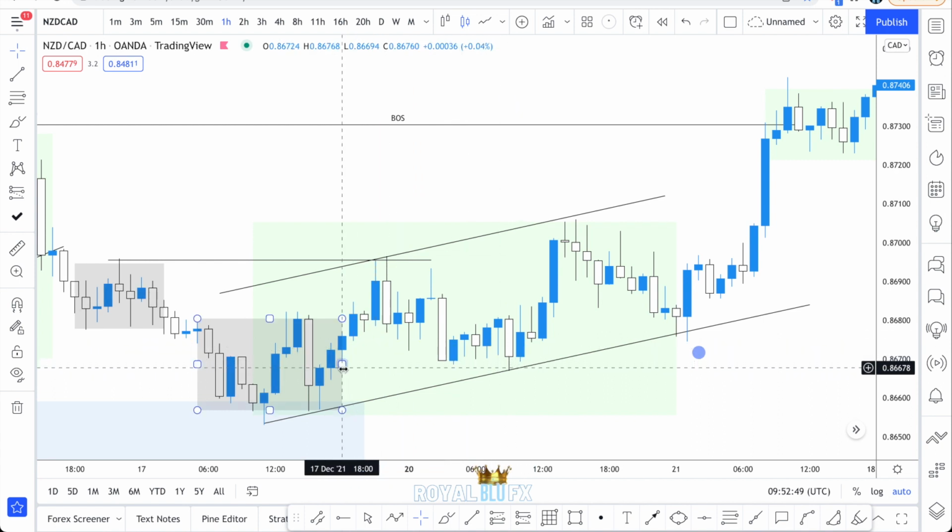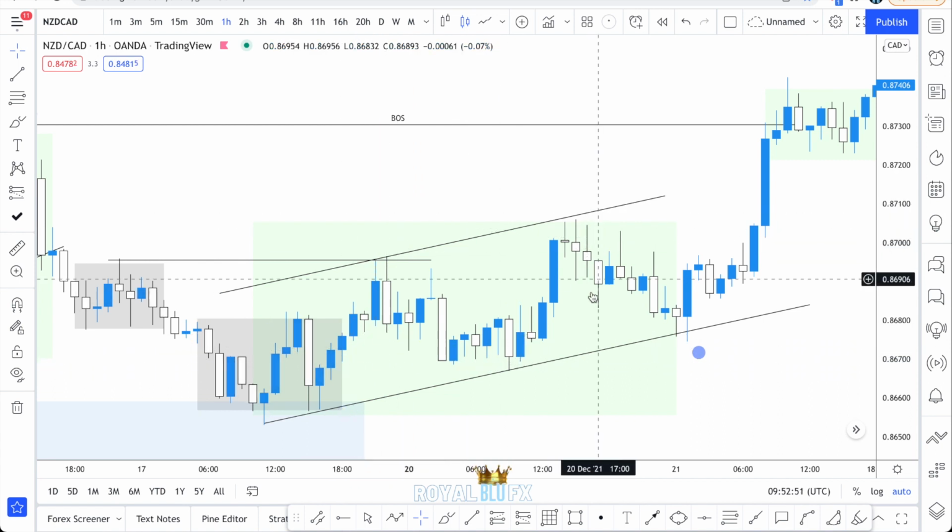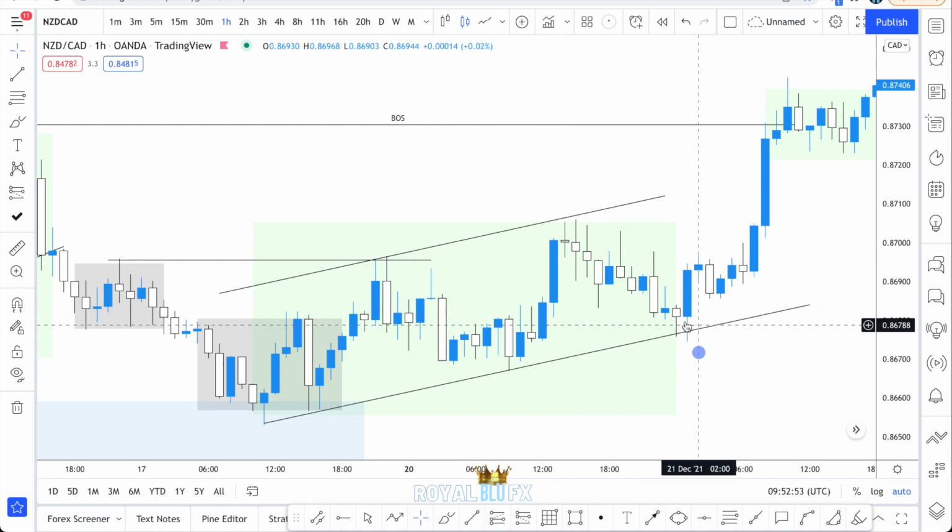You can buy here, right? Price pushes up again, right? Creates more range in here, price pulls back here. You can look for more buys. Price creates more range before price breaks out. So,